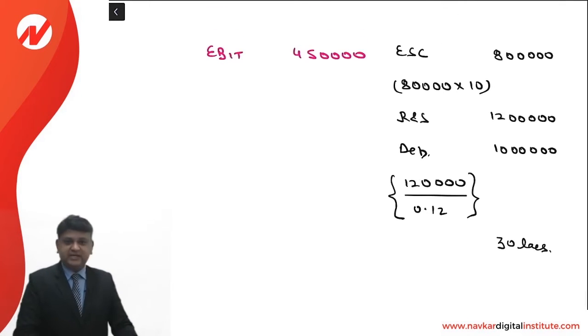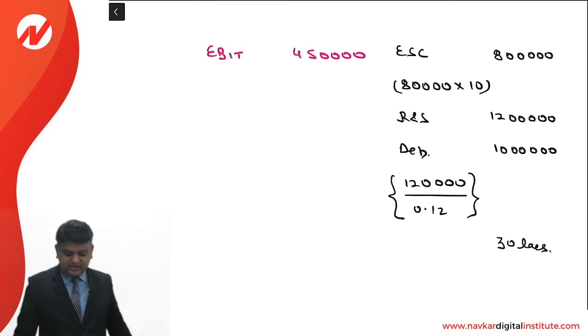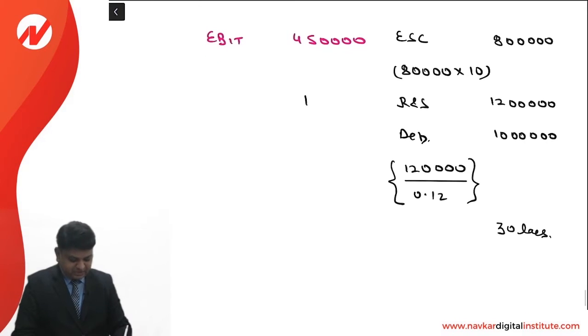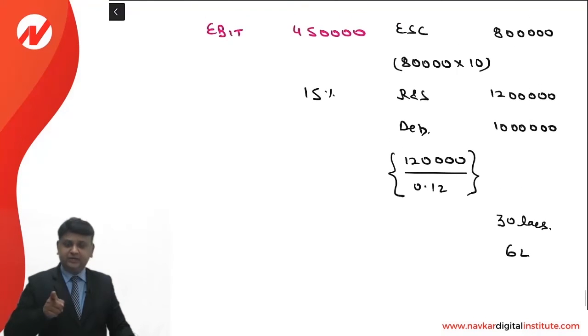This is the capital employed that we have. Use a calculator along with me: 4,50,000 divided by 30 lakhs into 100. It means we are earning at the rate of 15%. This is the return on investment. Why do we compute this? Because the question provides the information that the additional investment of 6 lakhs that we are going to employ is also going to give the same rate of return as we are earning right now. That is the reason we are making this calculation.